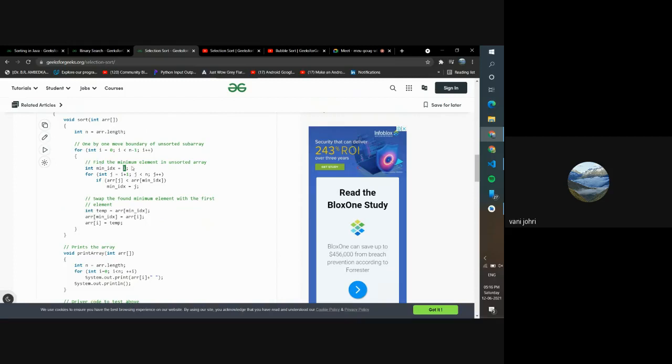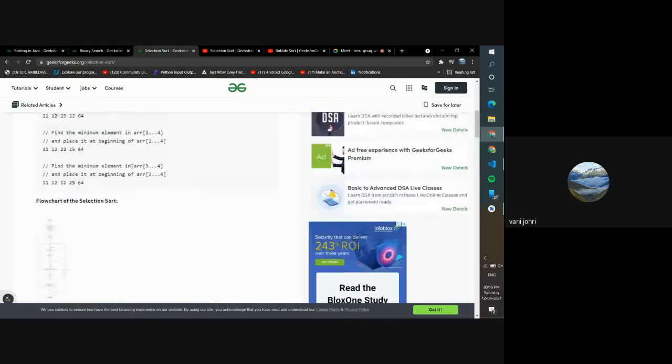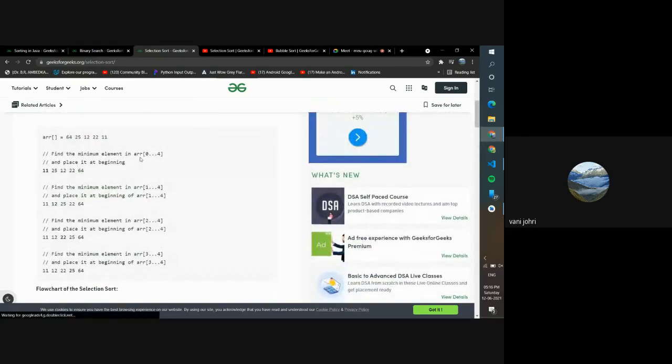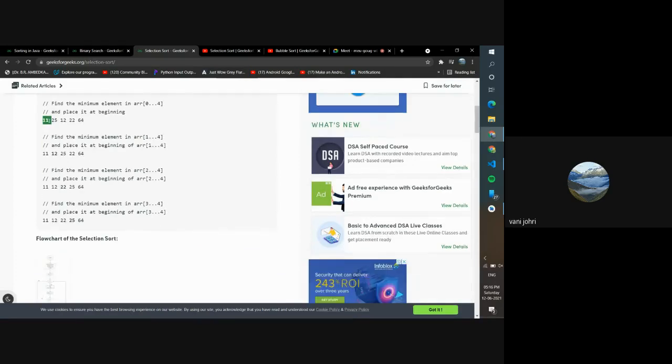Because once we found the minimum element and we put it in the starting position, let's say the first time the loop runs, the I value is 0. So we said start from 0, right? And go through it. After that, we know that the number over here is the smallest number. So we need to start from the second position, right? So when it becomes 1, we need to start looking from 1. Are you guys following what I'm trying to say? And when this is done, we're supposed to start from over here. We don't need to go through this because this is already sorted.